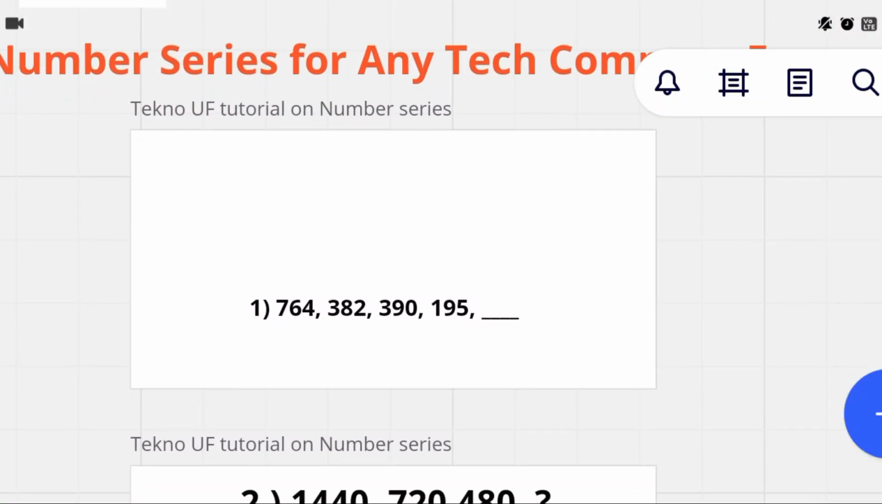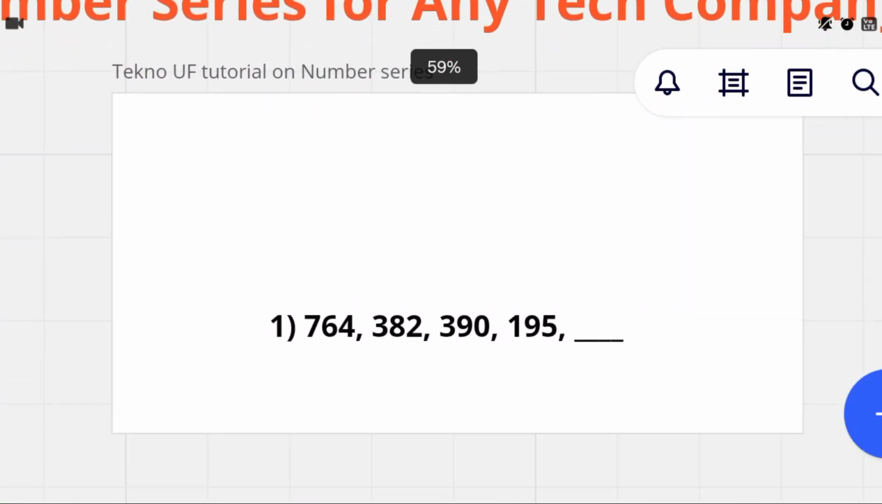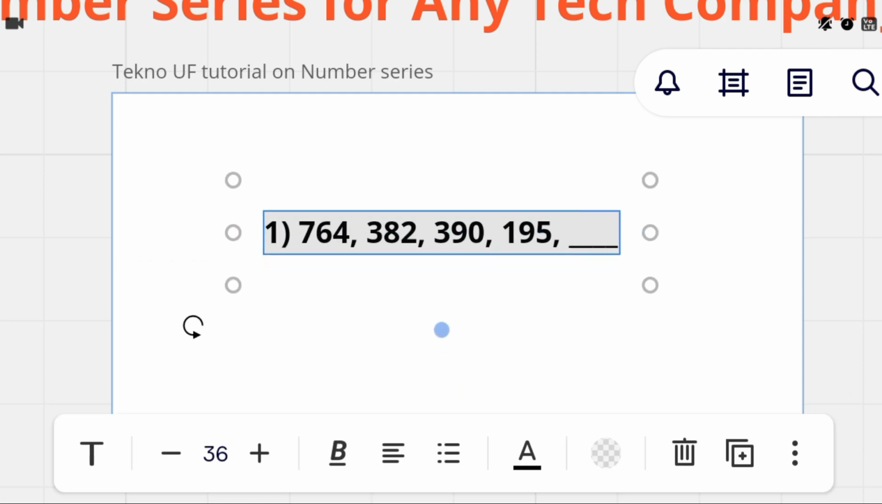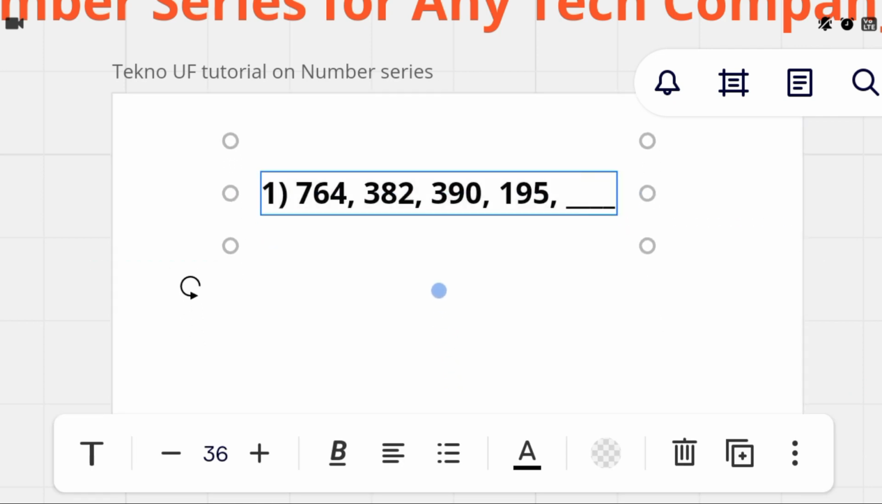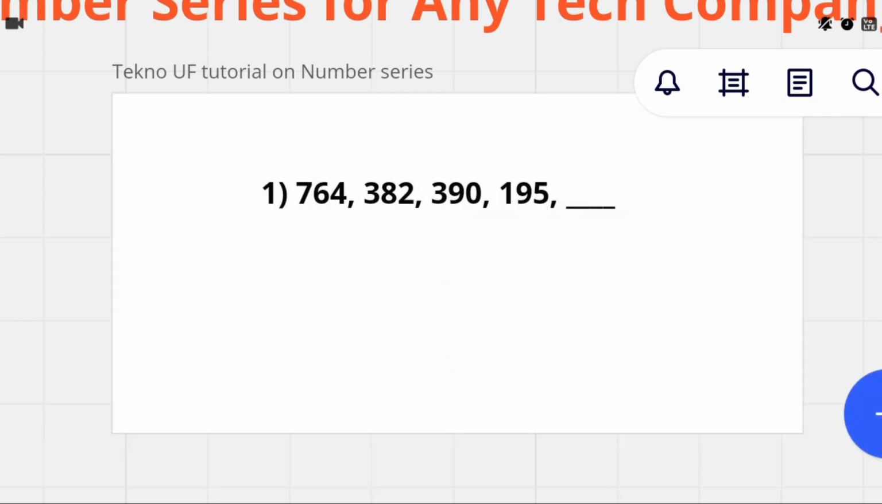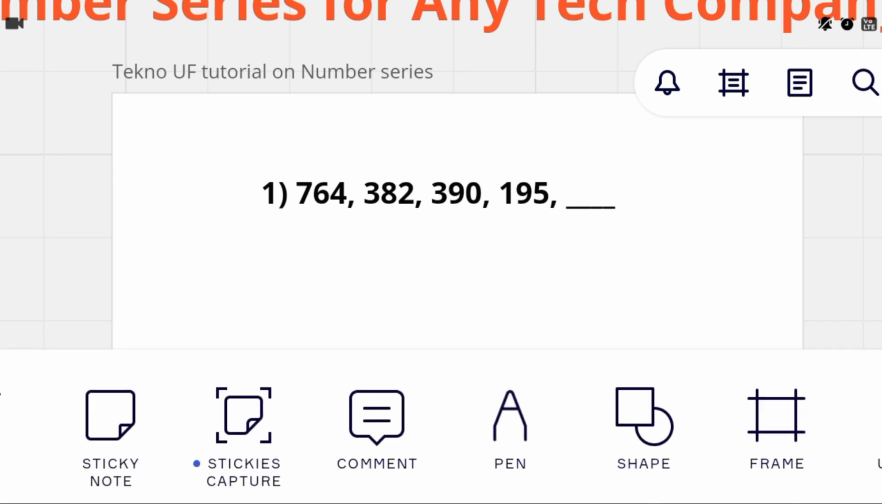Look at the question first. This is the first question that is asking to find the missing number. Think about 10 seconds, then I will solve this. Okay, the solution is, look at the number,